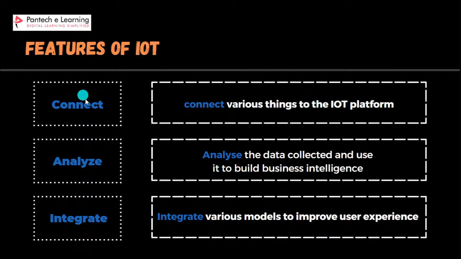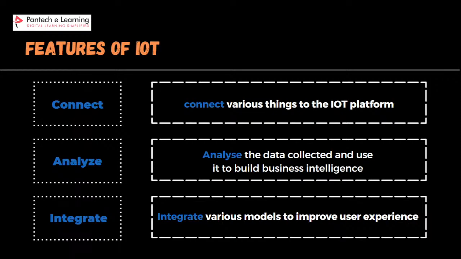So first is the connect aspect. Here, basically what you need to work on is you need to ensure that there is connectivity between all the things around you and the platform. You have to make sure of that, right? Then coming to analyze. Now I have my things around me. They each are going to generate some amount of data. This data needs to be collected and analyzed to build a business intelligence solution. If I have a good insight from the data gathered from all of this, then definitely I can call my system a smart system, right?